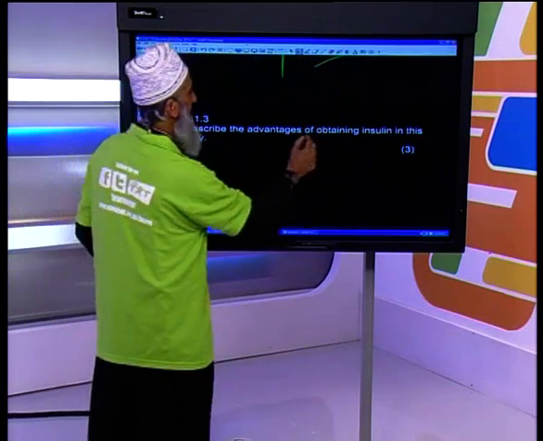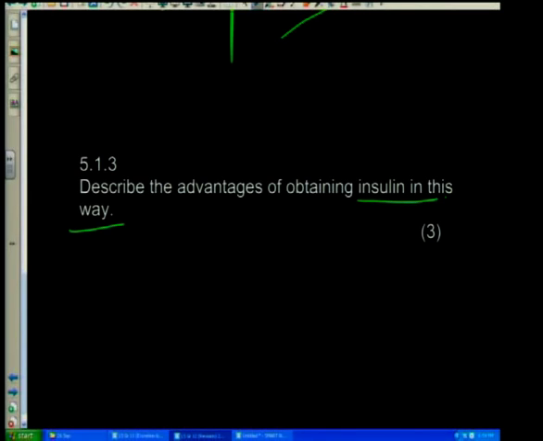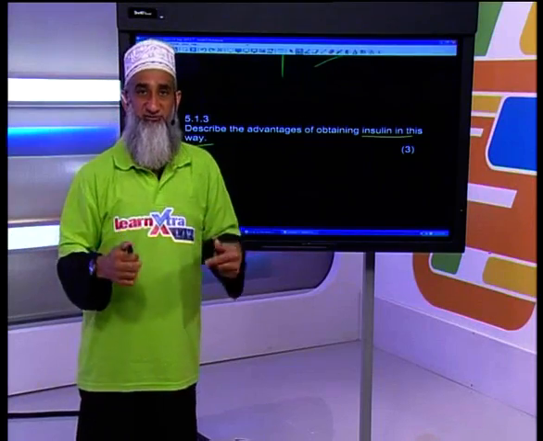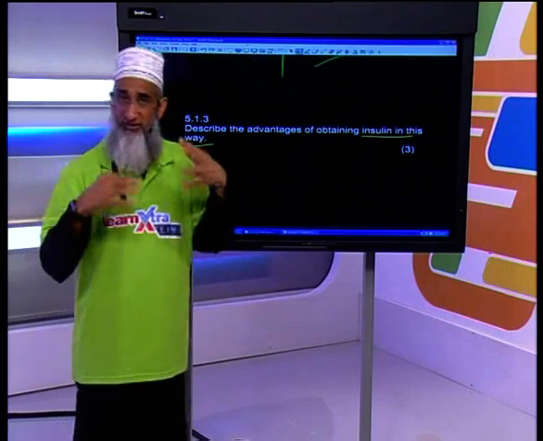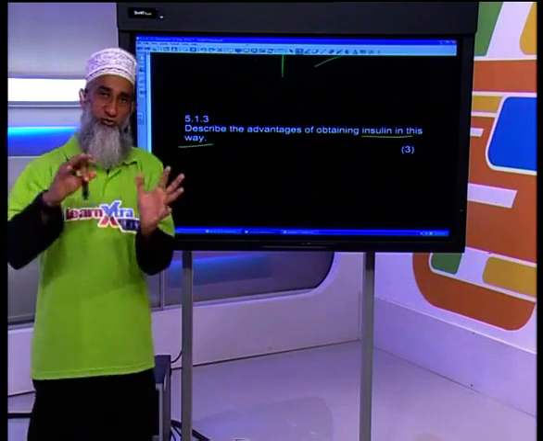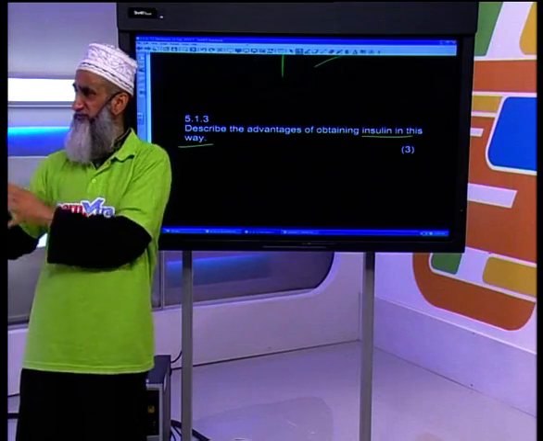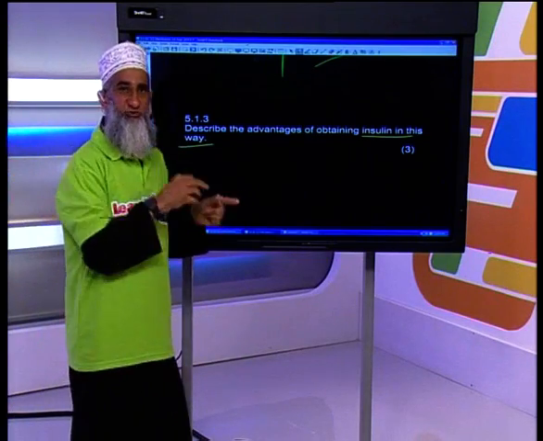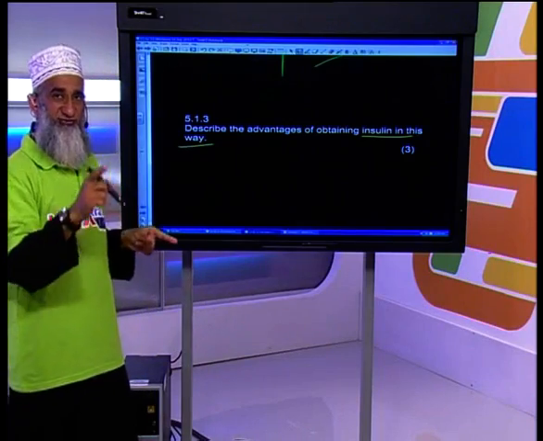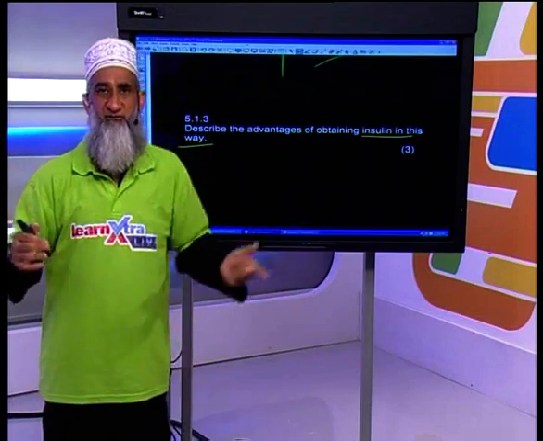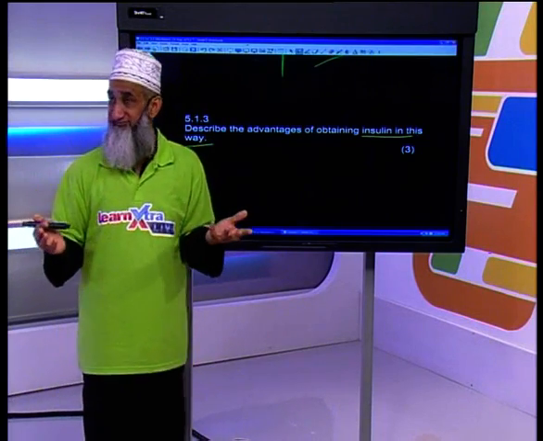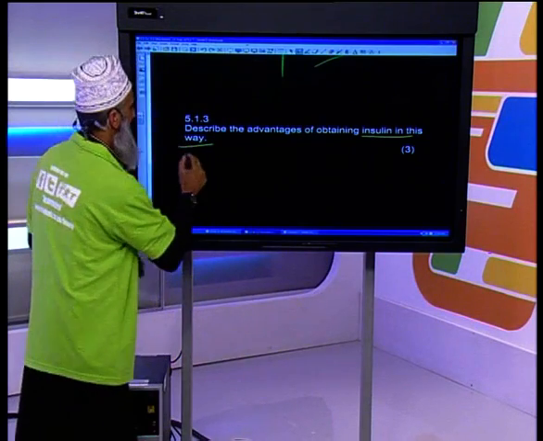Describe the advantages of obtaining insulin in this way. Now, obviously, to answer this question, you need to know how we got insulin in the past. And we got insulin in the past from the pancreas of pigs, cows, sheep, and other animals. So now we need to look at what are the disadvantages of that as opposed to now. So that's how we get this advantage. First of all, obviously, by telling you pig, cow, cattle, sheep, whatever, you know we have to kill animals to do this. So in this way,